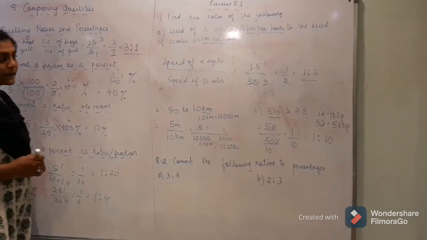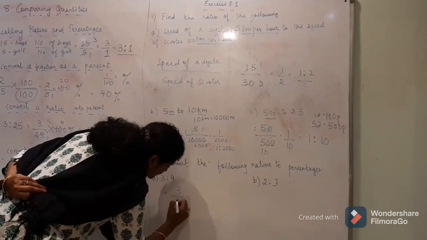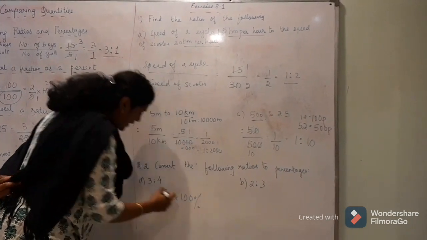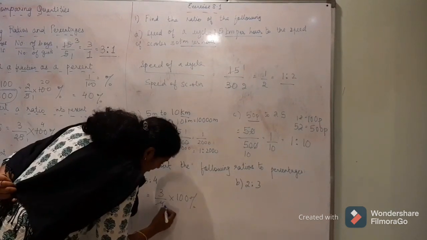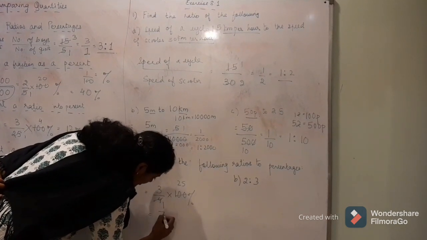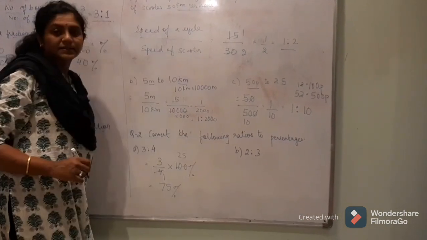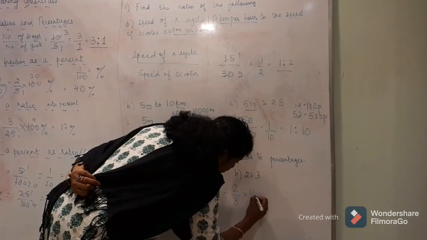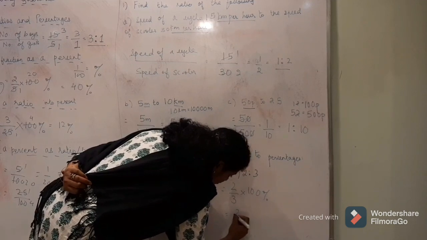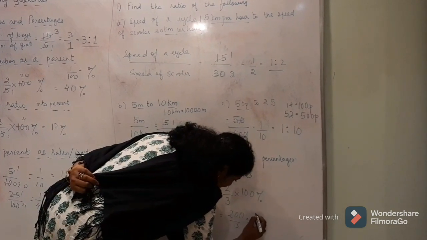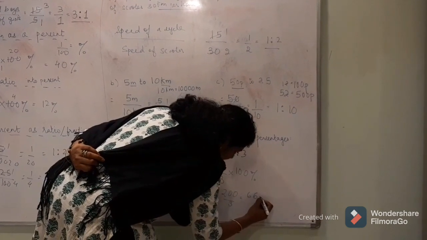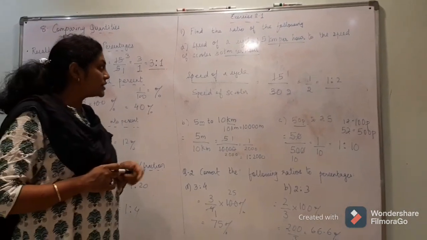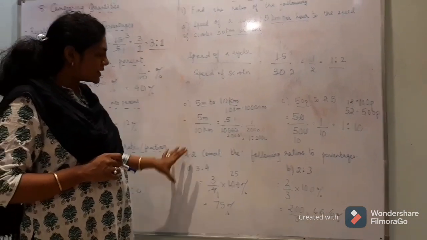Now convert the ratios into percentage. Just now we have seen. Ratio है तो कुछ नहीं, 3/4. आपको किससे मल्टीप्लाई करना है, इनटू 100%. ये कैसे आया हमने देखा अभी. नाउ 4 25 इंटू 3 आ जाएगा 75%. नाउ 2:3 मतलब 2/3 इंटू 100. सो 200/3, तो ये आएगा 66.6%. So in this way you have to find the ratio and convert the ratio into percentage.